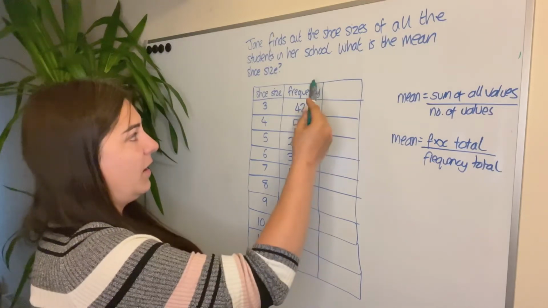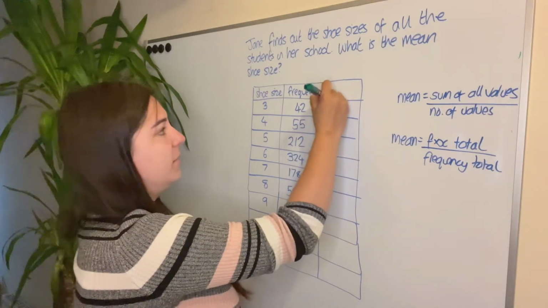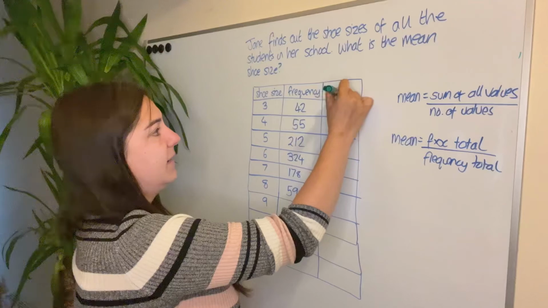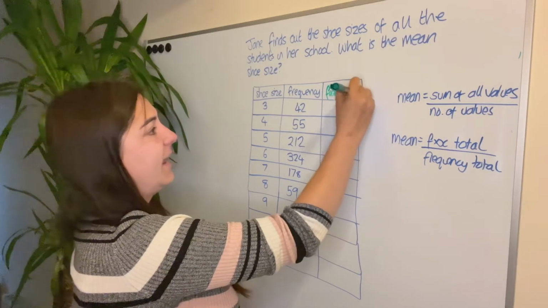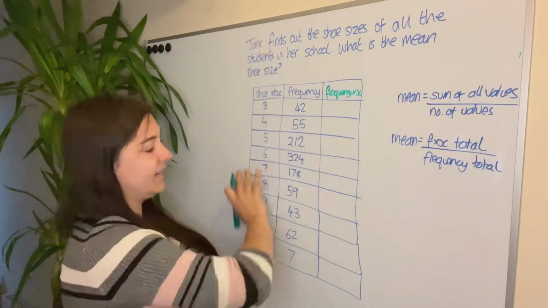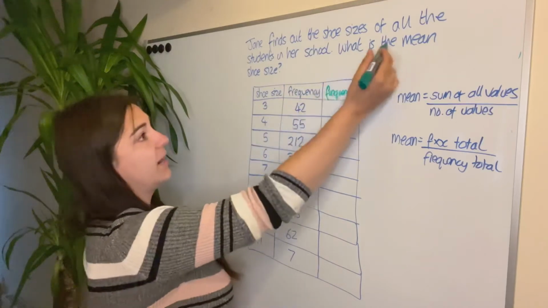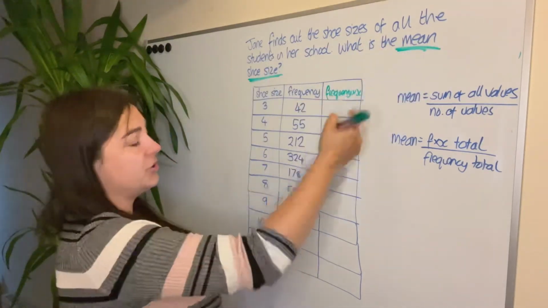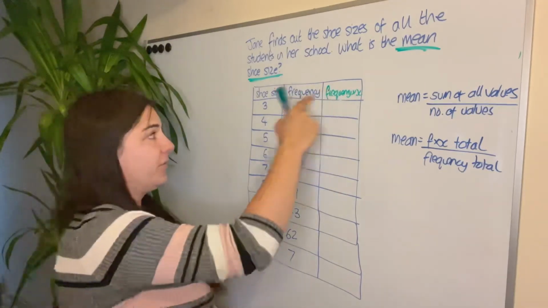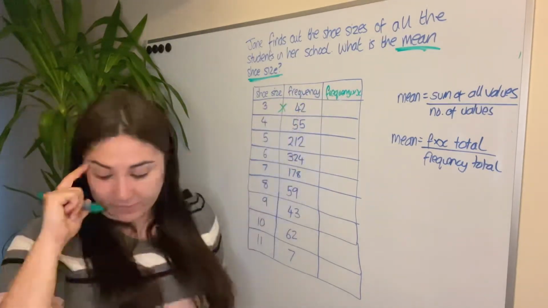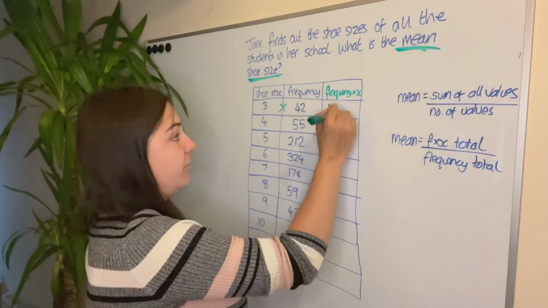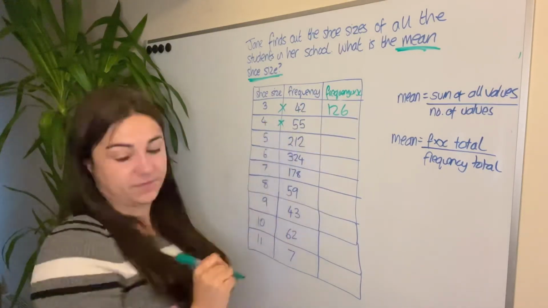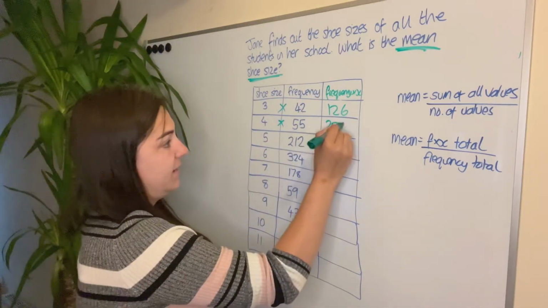So when I've got this, my final column is always my frequency times by x, and x is always the thing that you're trying to work out. So we're trying to work out the mean shoe size, so x is going to be shoe size. Okay, so frequency times shoe size, I do 3 times 42, which would give me 126,